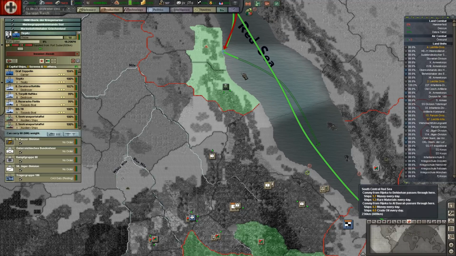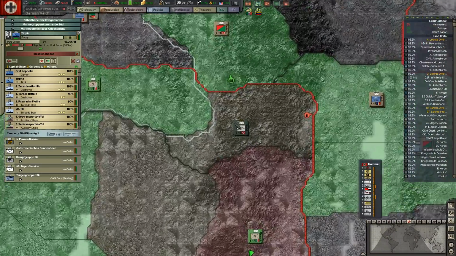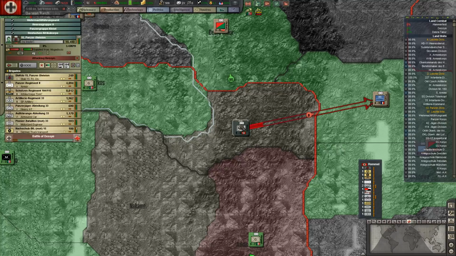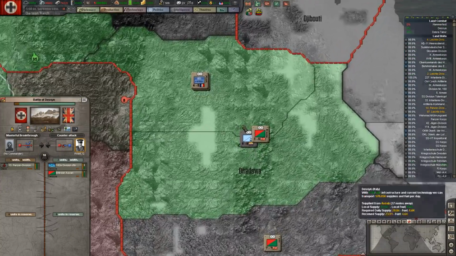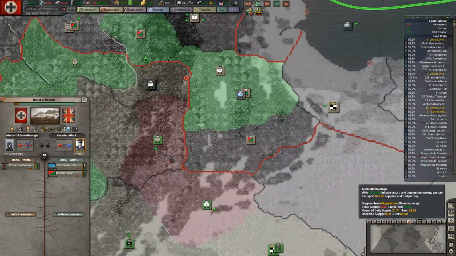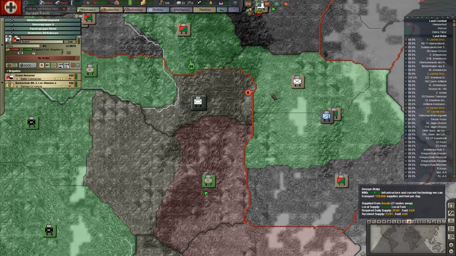Hoping particularly the Jaeger division gets ashore rapidly against whatever the opposition before they can shift in more forces. Okay, Rommel's force is doing well, so I really want to stack them with